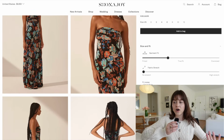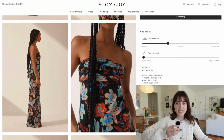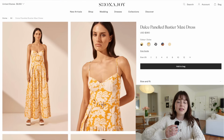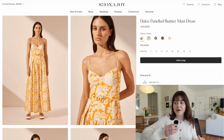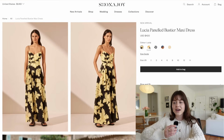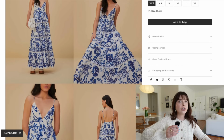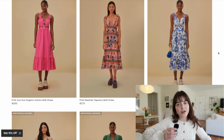I did also find a couple that I think would be strapless bra friendly and I think are gorgeous. Like the floral on this maxi dress to me is so pretty. The colors in it, I've really never seen anything like it. I really like it. Or if you want something that feels like Farm Rio, I feel like this dress feels like Farm Rio, but it's strapless bra friendly, because Farm Rio does have some great options if you love a bold pattern and you want a maxi dress with volume, but some of them aren't the most